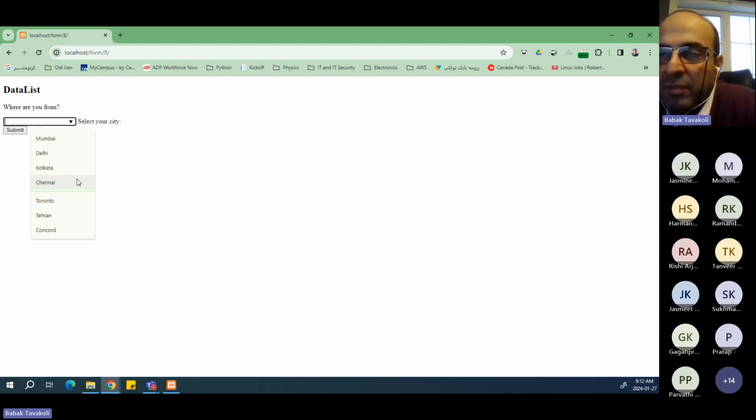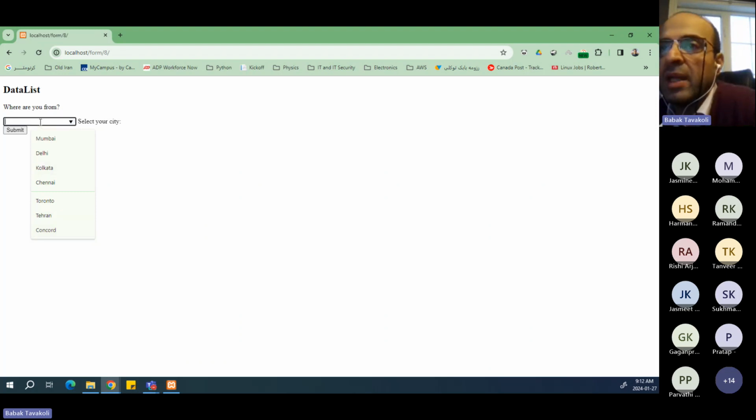So there is a history from the Google, which is below this line. I used Toronto, Tehran, and Concord. I used these cities before, not in this website, in a range of other websites when I'm browsing or surfing the internet. So the Google has the memory of my previous cities and suggests them